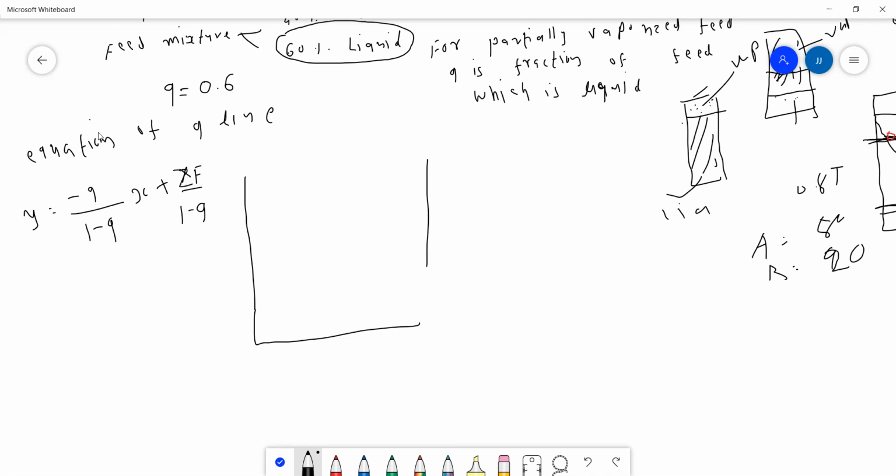Here, in our case, we have zF, where minus Q divided by 1 minus Q is equal to the slope. If you draw the y versus x diagram,